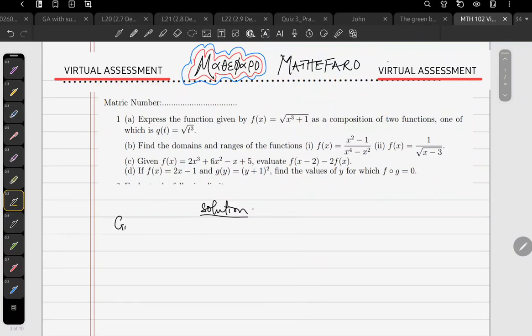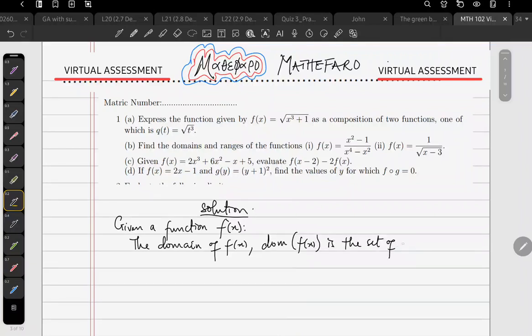So given a function f of x, the domain of f, which I will sometimes write as dom of f of x, is simply the set of the input values that can go into f of x. That is the layman way to describe what the domain is. Okay, so it is the set of input values